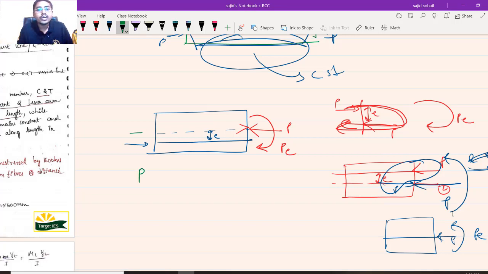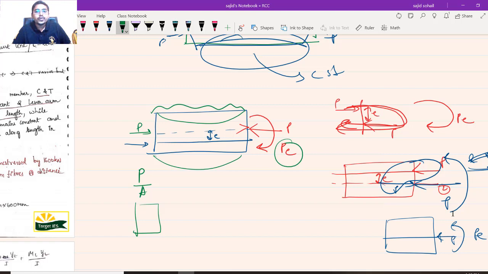So obviously now you have shifted the P here. So you will be getting P by A, the compressive stress all over the body because of this pre-stressing force. Because of this PE and this loading condition, you know what is the direction of moment, right? It is bending in this way, bending in this way. As if you can clearly see the moments are acting like this, so that my body is bending in that direction. It is common sense. So moment is in this direction. So let us say this is P by A, compressive.